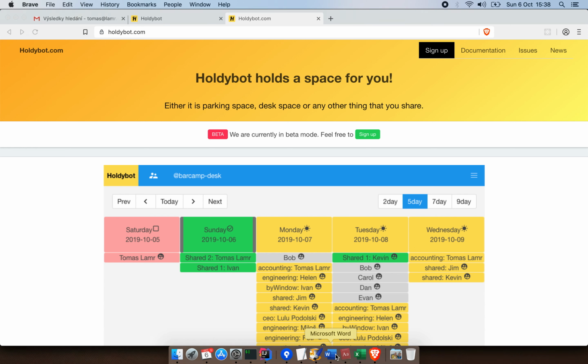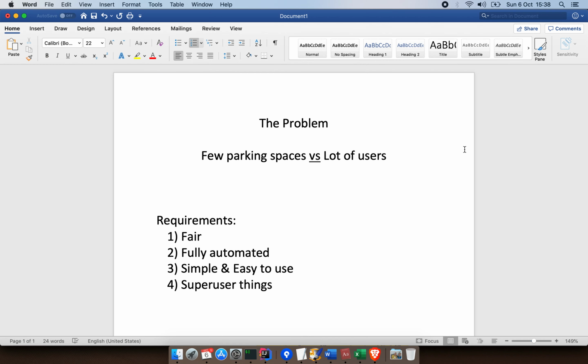So what's the problem actually? The problem is that you might have a lot of users, employees, and just a few parking spaces, which was our problem. And we needed a system that is fair. That means that we need a system that assigns the parking spaces to people through the week, month, or whole year. And anytime the space actually is assigned or not assigned to people, that people are actually okay with that